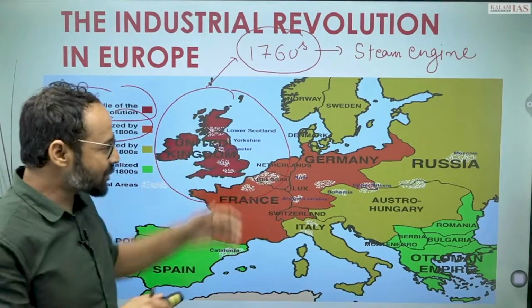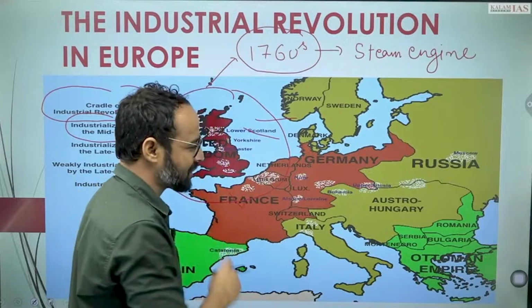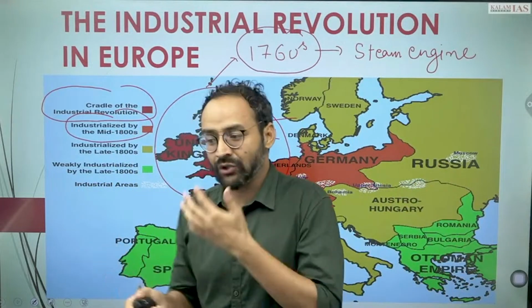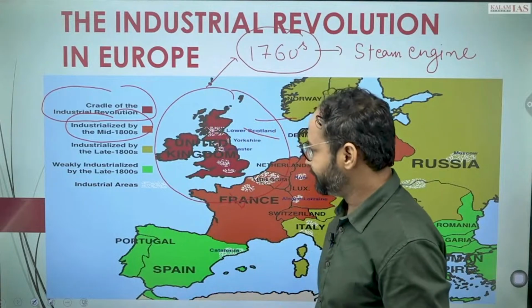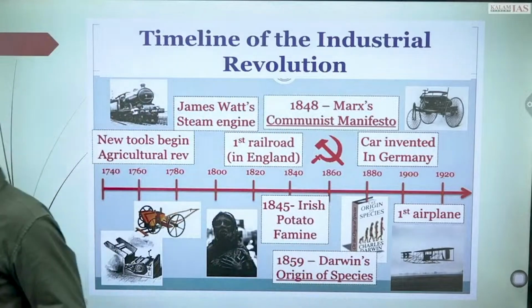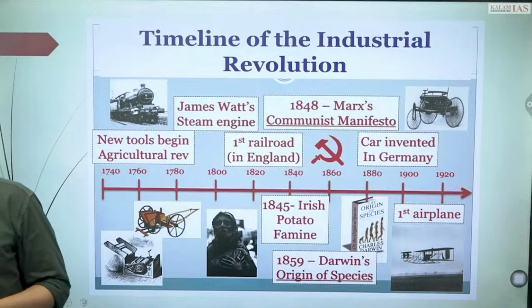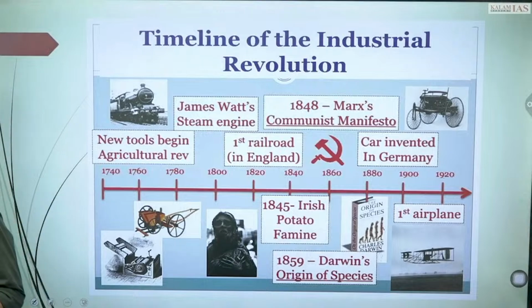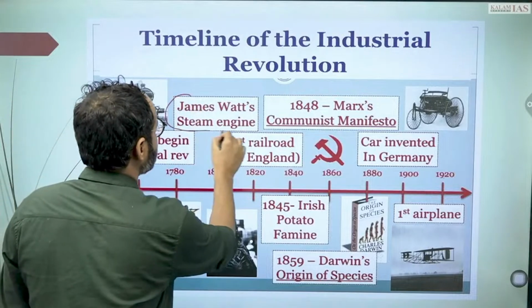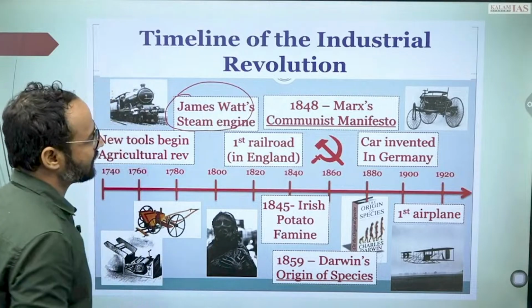So it starts off there, then it reaches Germany, France, Italy, and parts of Russia in the 19th century. So this is a kind of chronology. In history, we have to deal with chronology. So in world history also, we need a kind of chronology. This is roughly the chronology where we see that James Watt invented the steam engine. Then we see